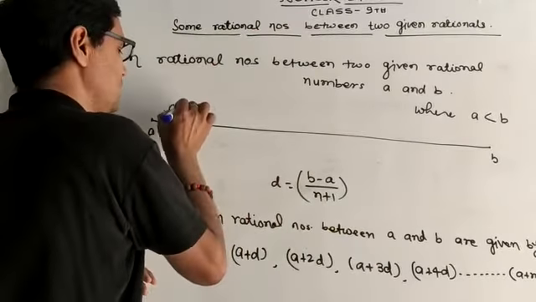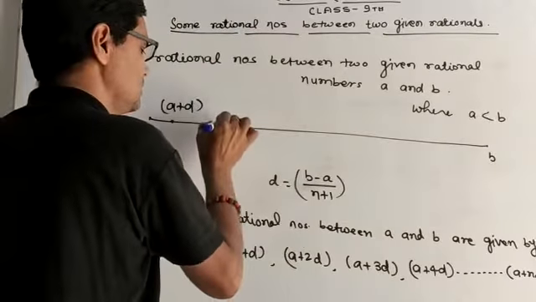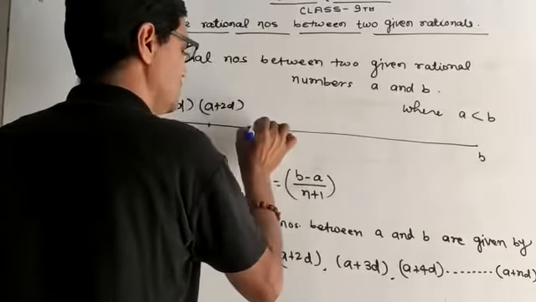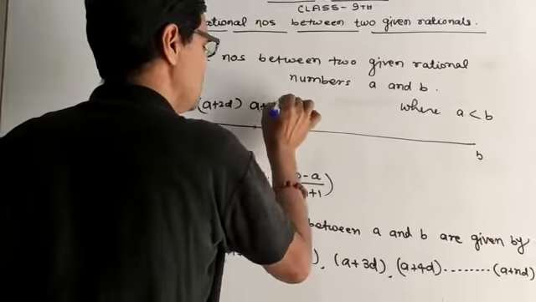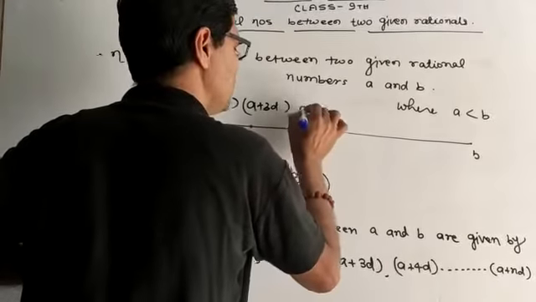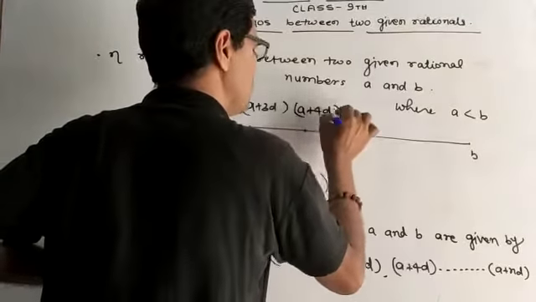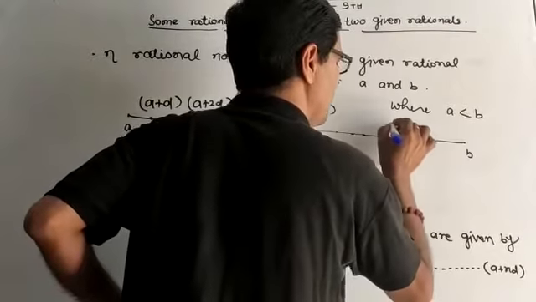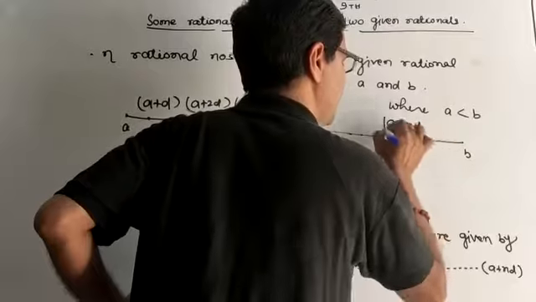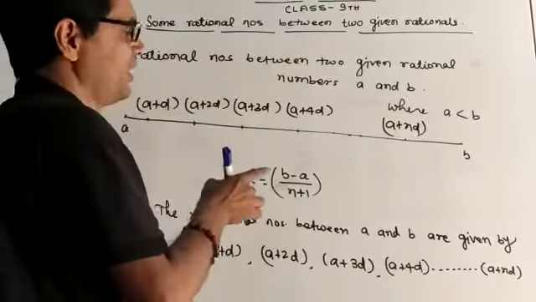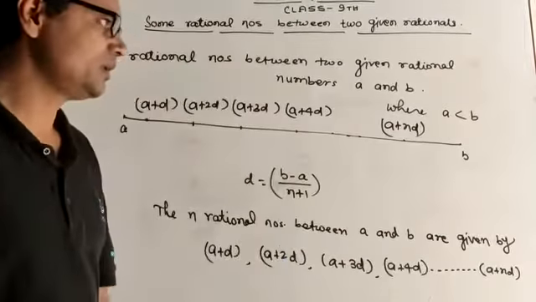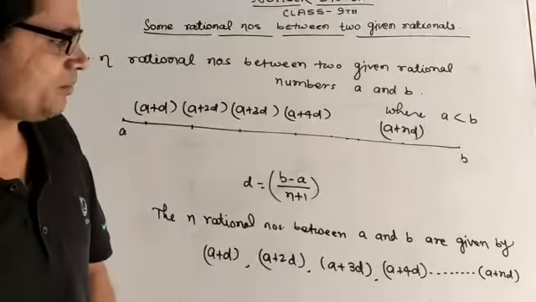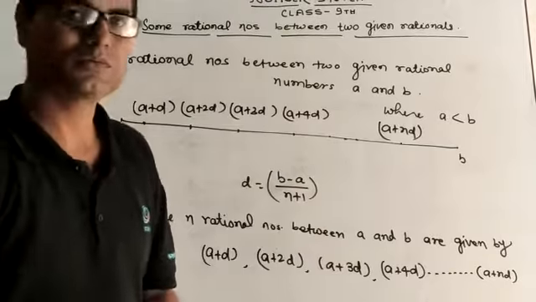That means this will be a plus d, this will be a plus 2d, this will be a plus 3d, this will be a plus 4d, and so on, and this will be a plus nd. Hence, we can find n rational numbers between the two given rational numbers a and b. For example,